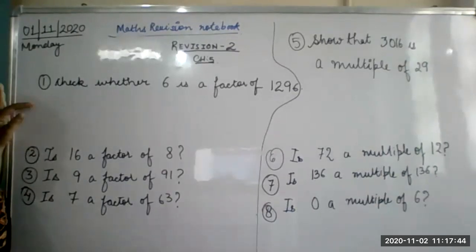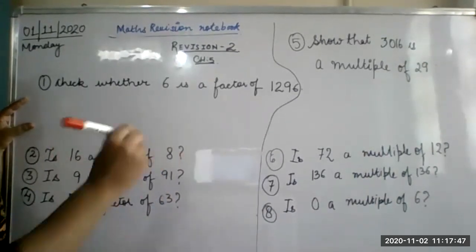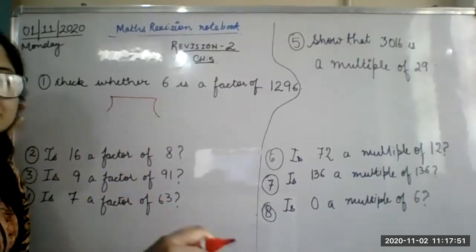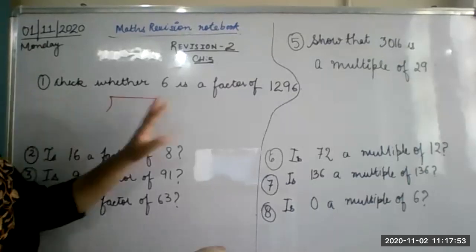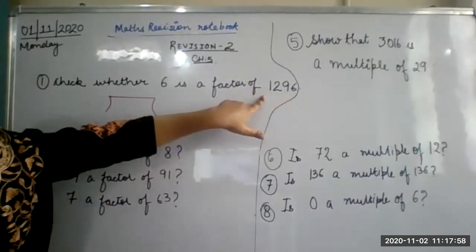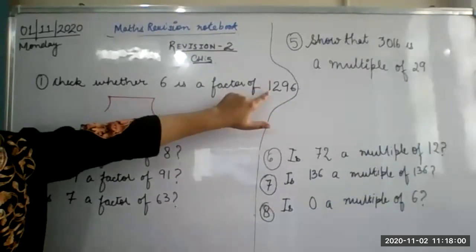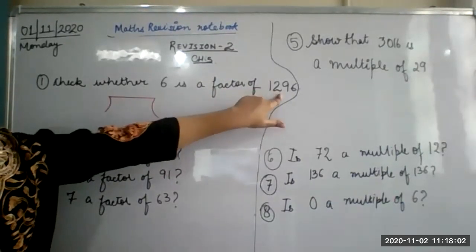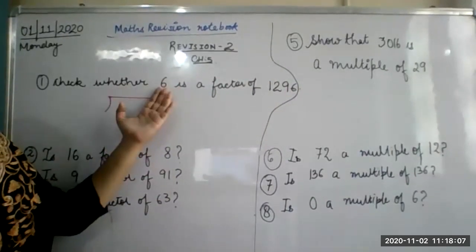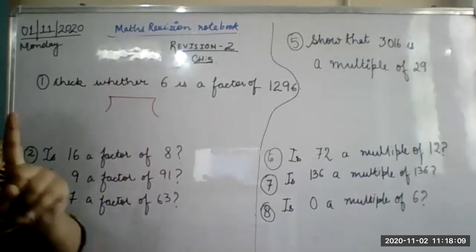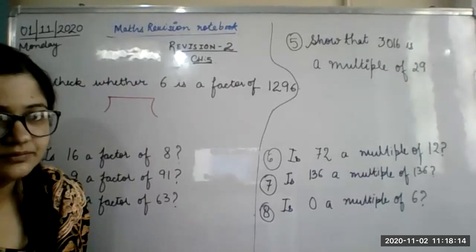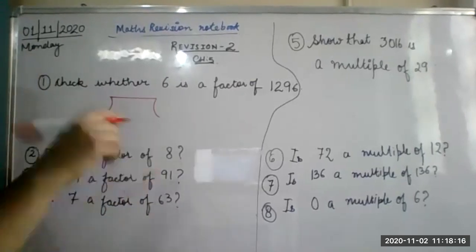Most of you are doing it wrong. Check whether 6 is a factor. To check it, yes, like Vidyansh has done, you can check the divisibility of 6 also. Last digit is 2, so it is divisible by 2. Let's see if it is divisible by 3 or not. 1, 2, 3, 3, 9, 12, 12 plus 6, 18. 18 is divisible by 3. So yes, it is divisible by both. That means it is divisible by 6. This is one method, but you can try another method also, that is by dividing.